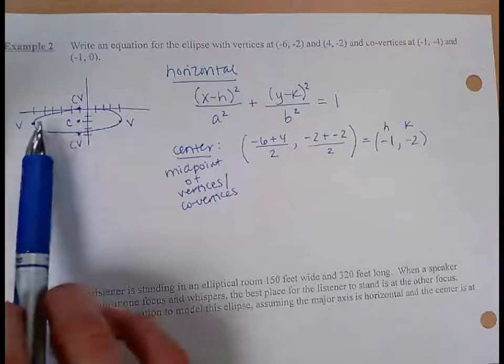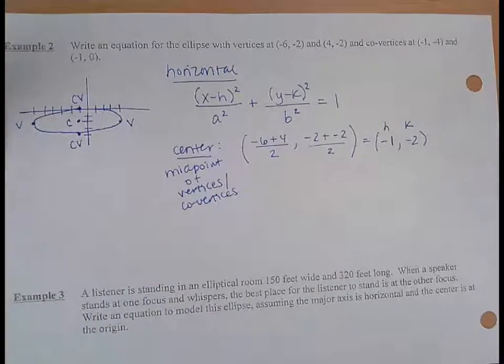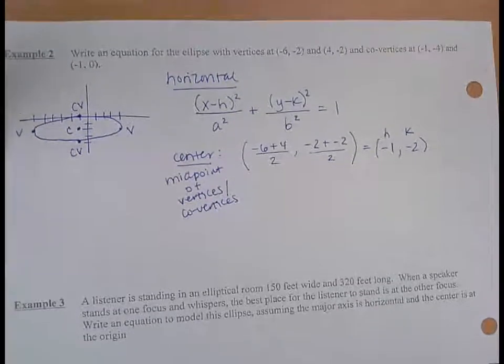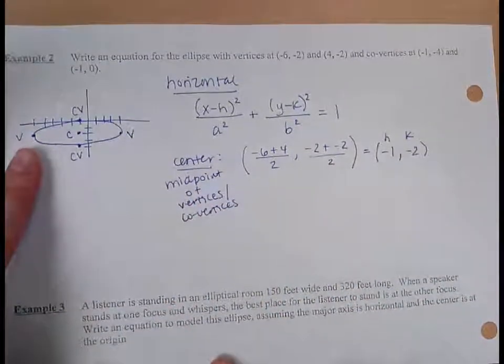Okay, so you could either use distance formula, you could just count the units on your sketch to find A. Based on how some people draw it, just counting it out sometimes gets them the wrong A value. So another way to find A is